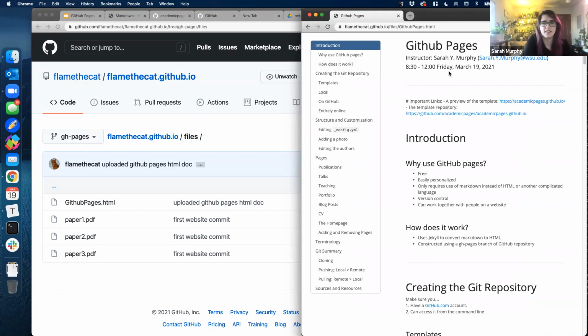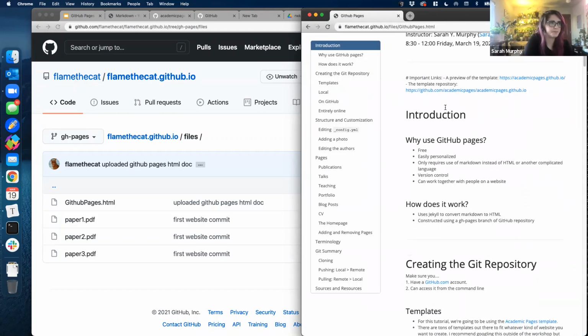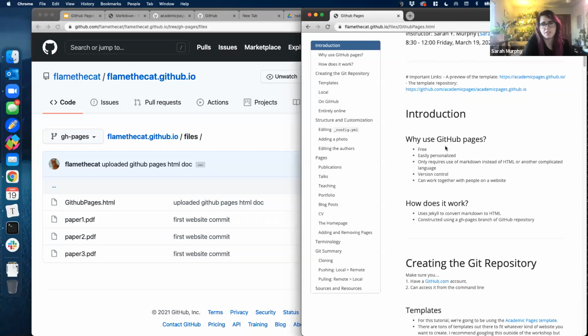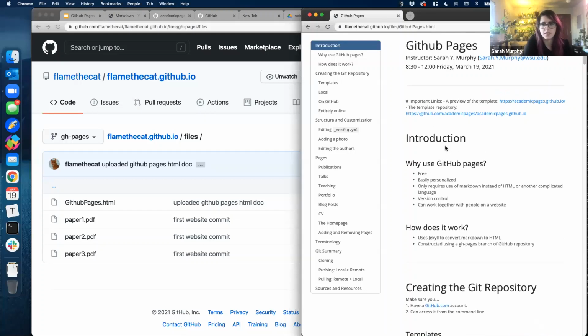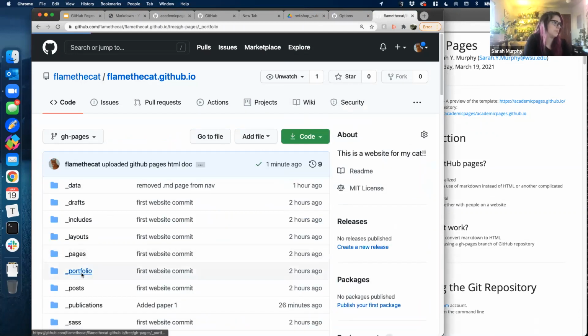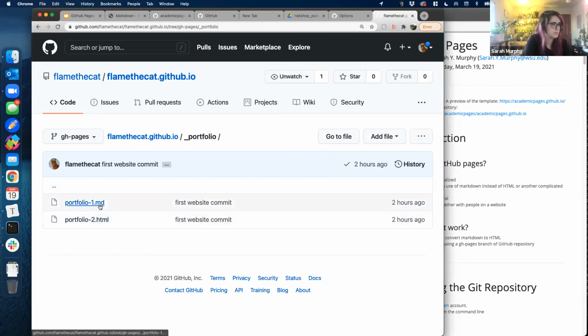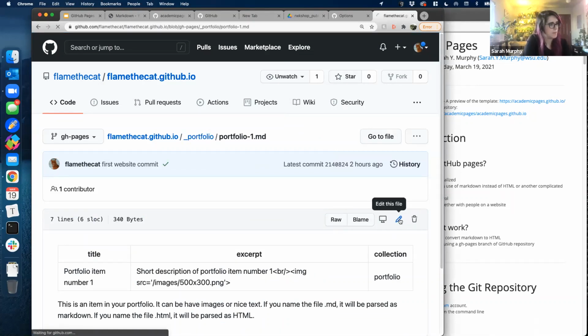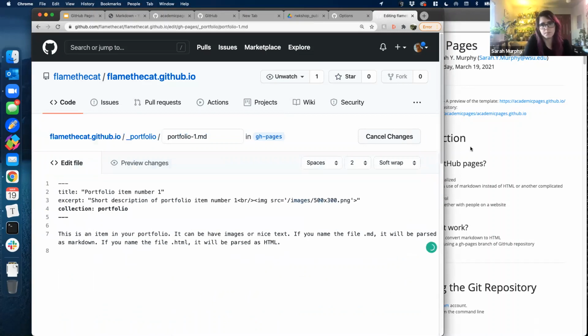So you notice that it doesn't have the same format as our website. And this is because it's in the files directory, and it doesn't have the same YAML header type of information as the rest of our website. So if you wanted to link to an R Markdown page like this, the way that I would do it in my portfolio is I would go back to portfolio and then pick one of these pages,